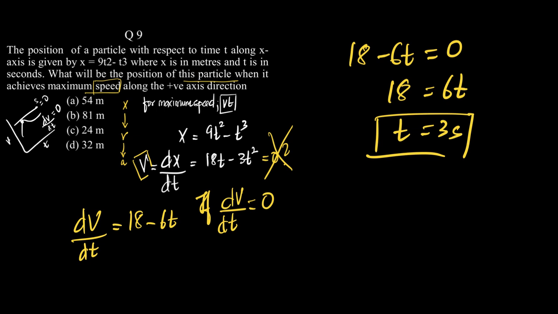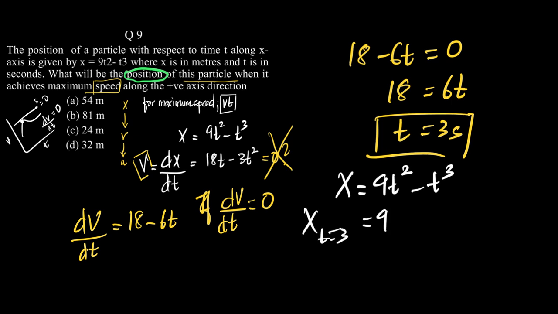Are we done with the solution? No. Why? Because we've been asked to find out the position of the particle at t is equal to 3 seconds. Now, what is the position time relation? It is x is equal to 9t square minus t cube. So, x at t is equal to 3 seconds will be equal to 9 into 3 square minus 3 cube,